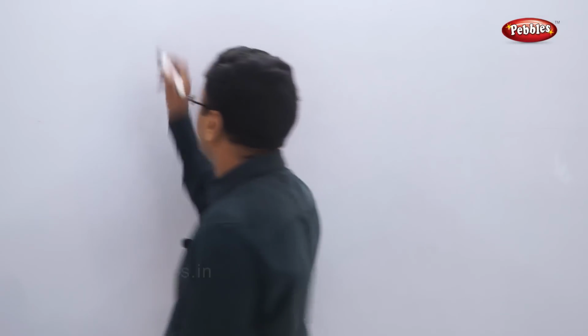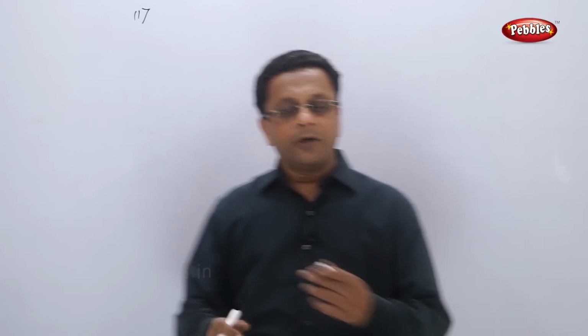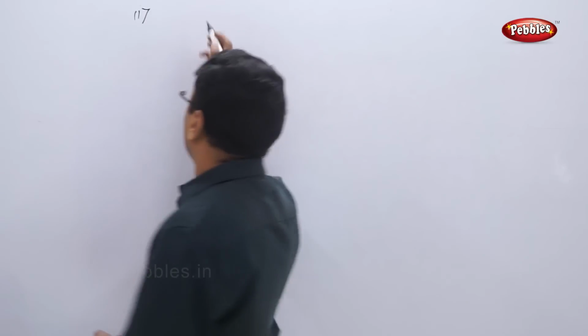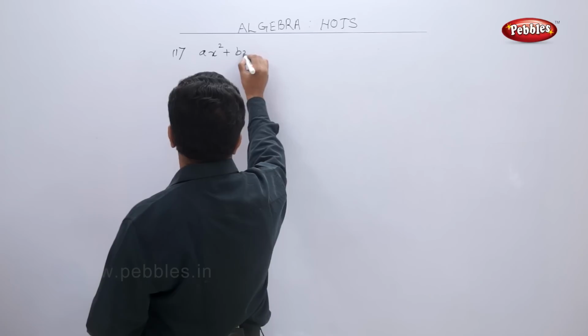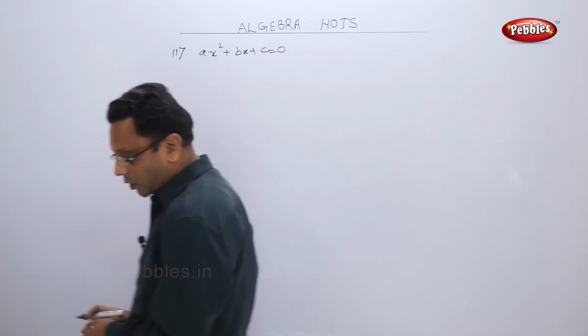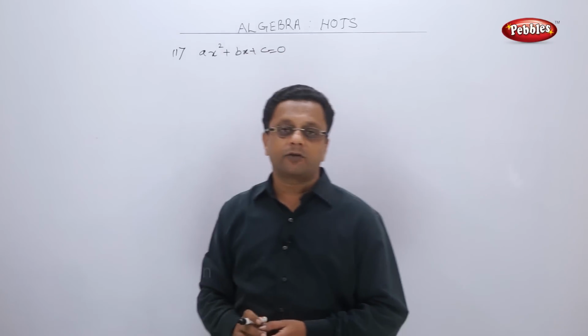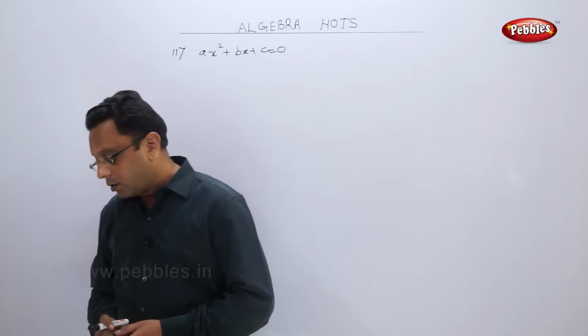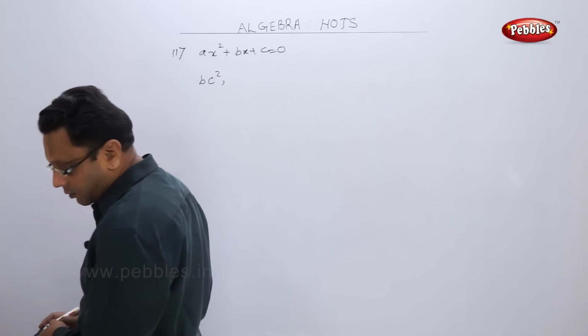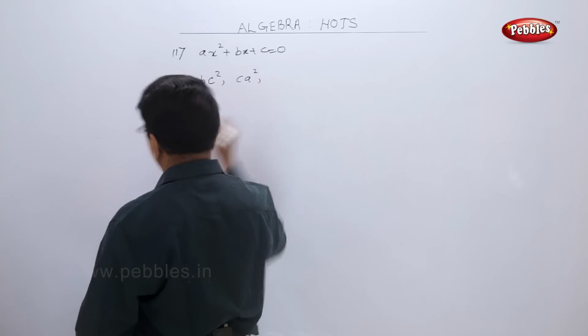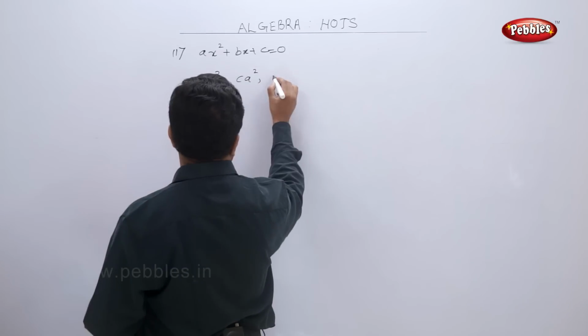Problem number 11. Now here the half part of this problem we have already done in the seventh example. Let us see the example. If the sum of the roots of the quadratic equation ax square plus bx plus c equal to 0 is equal to the sum of the squares of the reciprocals, then show that bc square, ca square and ab square